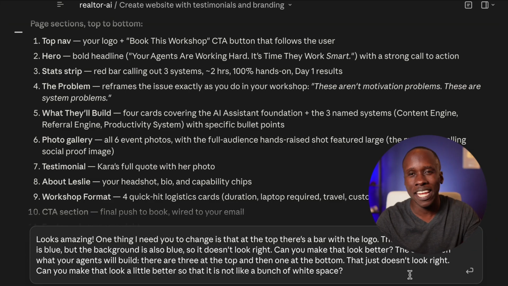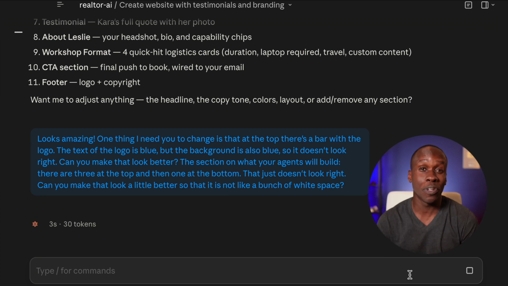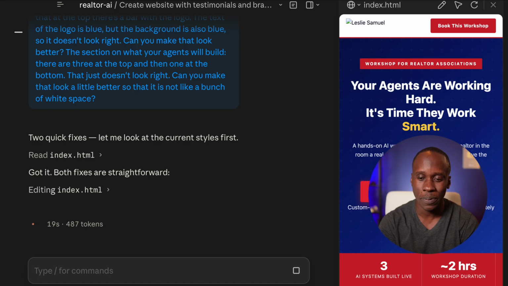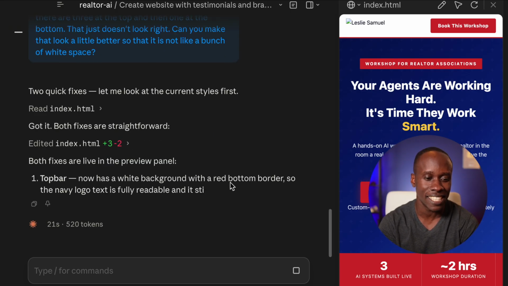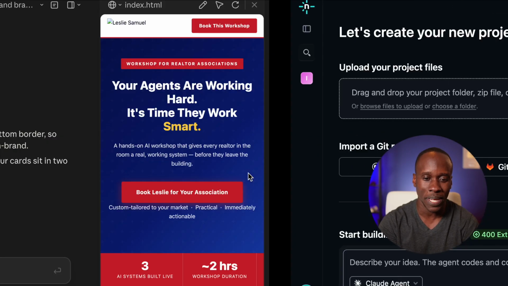I'm just gonna leave it like that, and I'm gonna press enter, and wait for it to make those changes. That's probably gonna take less than a minute because they're pretty minor changes, and then we go from there. All right, so it's making those changes, and you can see it even pops up here to the side as it's editing it. And now it's telling me both are fixed, so I'm gonna go back to the page